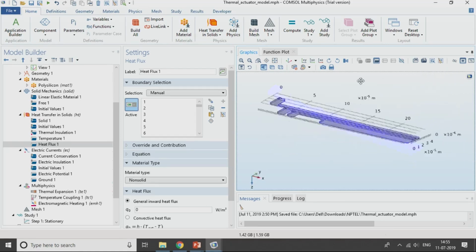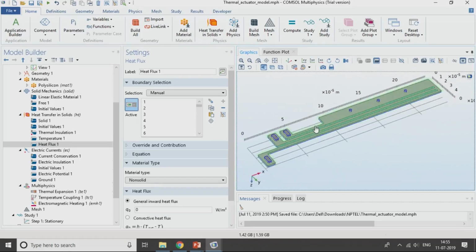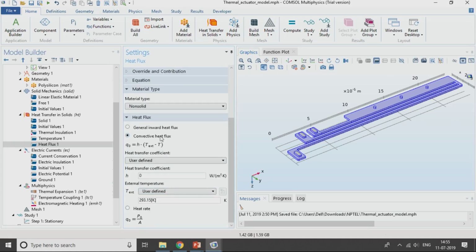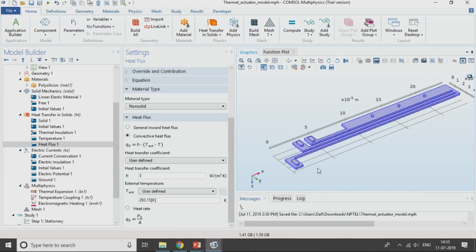So now I have applied heat flux boundary condition on all the remaining boundaries, and over here I can either apply inward heat flux, which I do not want to do right now, or I can apply a convective heat flux. If you enable convective heat flux, it is asking whether you want to give a user defined, or an external or internal natural or forced convection. As of now I will give a user defined and the heat transfer coefficient as 5. This value is similar to stationary air present along the thermal